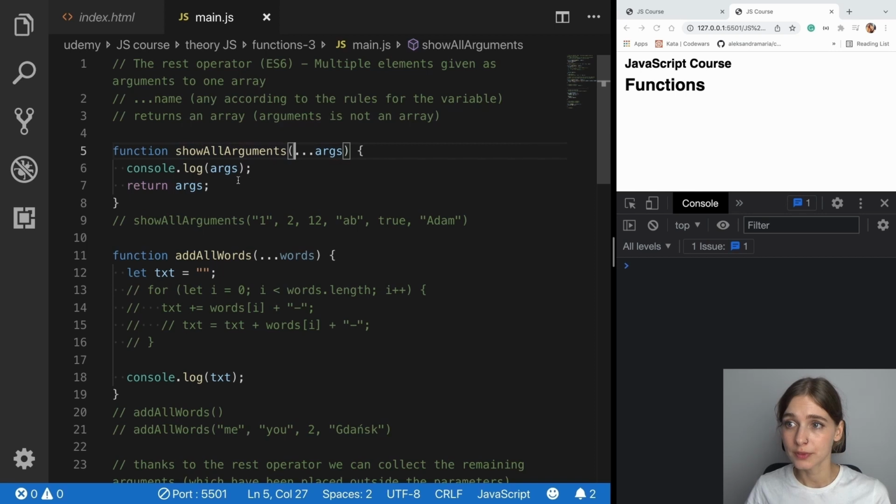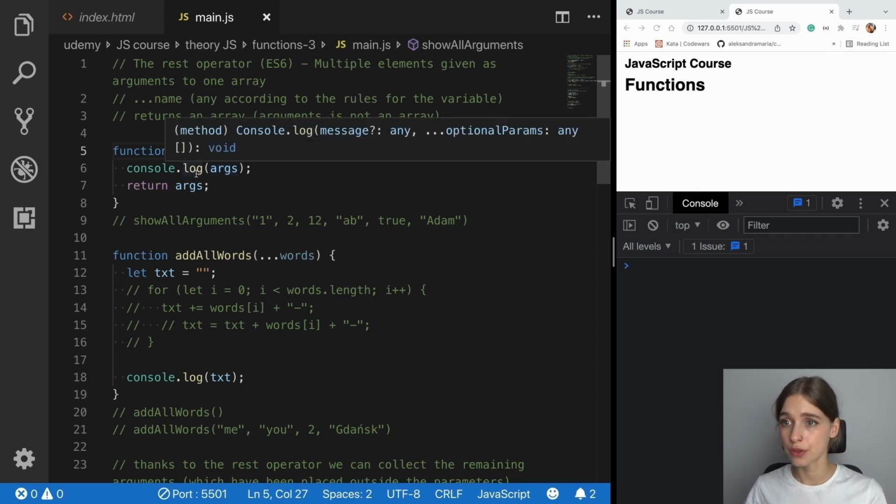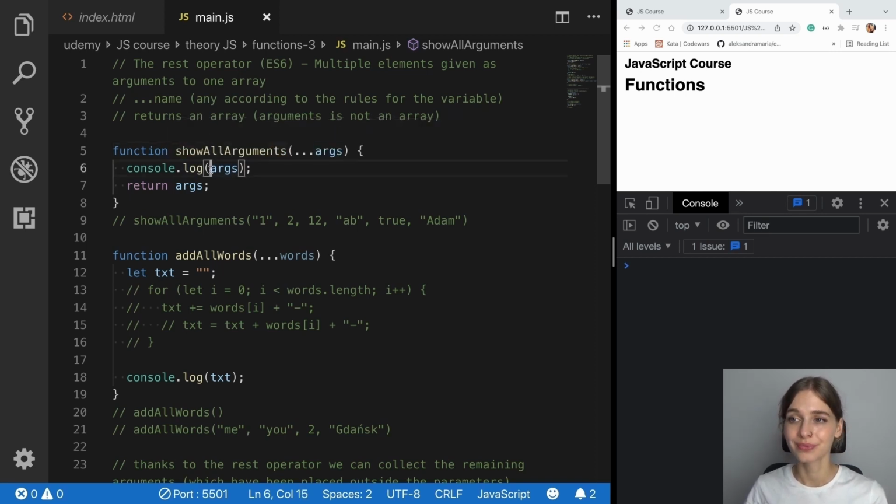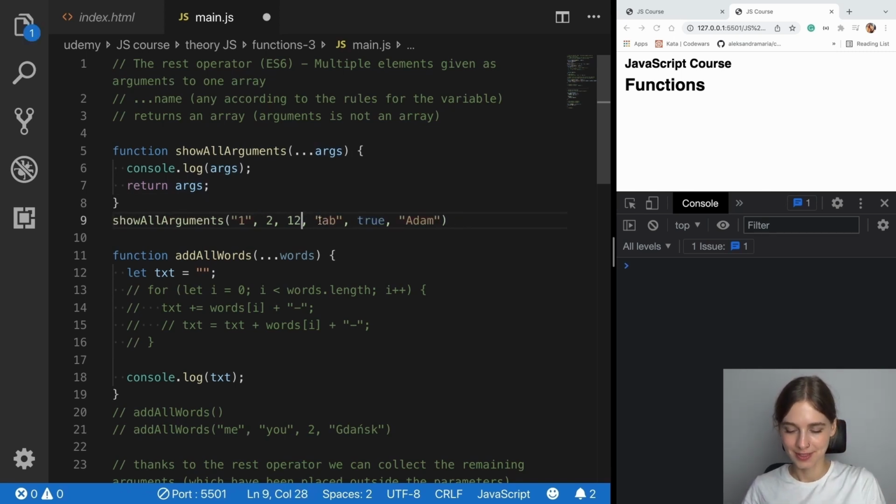What I want this function to do is just two things. I want to console log the args array, and also I've created a return statement also returning the same array. So I'm gonna uncomment line 9, which is me calling the function. So I'm gonna save it,